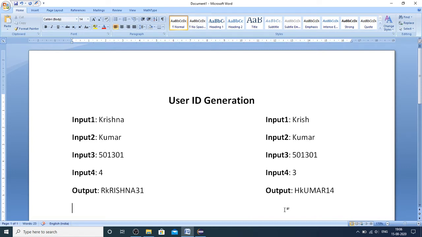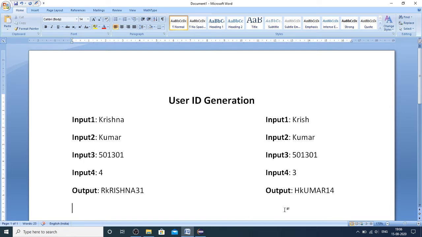So the problem is you will be given four inputs in which two of them are strings, two of them are integers, and then a procedure will be defined such that you must use that procedure by using these four inputs, and then you must generate a user ID, and then you must return it in the form of a string.